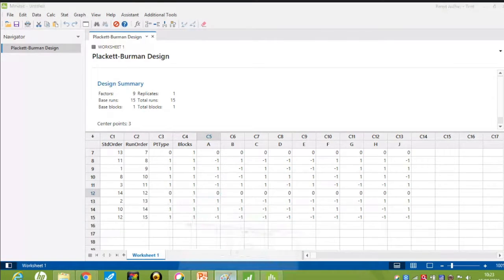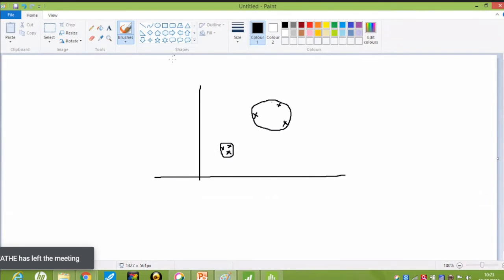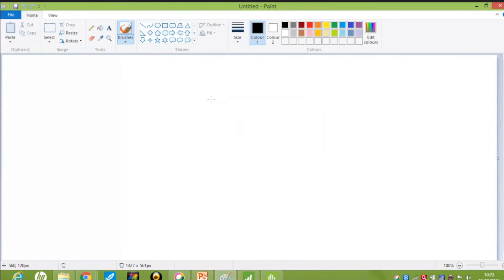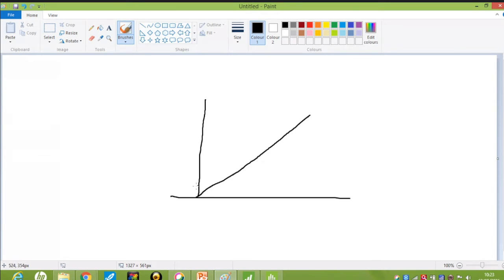Okay. So why do we select the center point? I will just explain this. In the full factorial, we saw that the response was a straight line. Sometimes the response is curvilinear. So this is the low level, this is the high level.